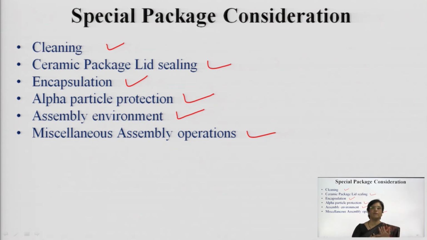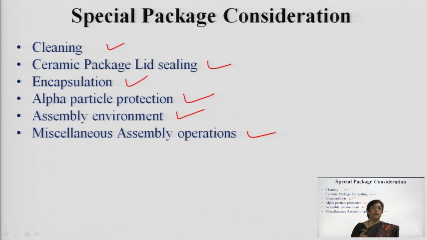So cleaning is essential everywhere. You have seen already in the first unit itself, where we considered cleaning separately, because it is an essential component of IC fabrication. Here also, before packaging, you must have cleaning, and cleaning addresses two major issues. One is it eliminates contaminating impurities like organic impurities, which may corrode the metal contacts, and secondly, to preserve the electrical properties, you need to remove the ionic impurities also. So for both cases you need cleaning, and this is an essential part before packaging the IC.